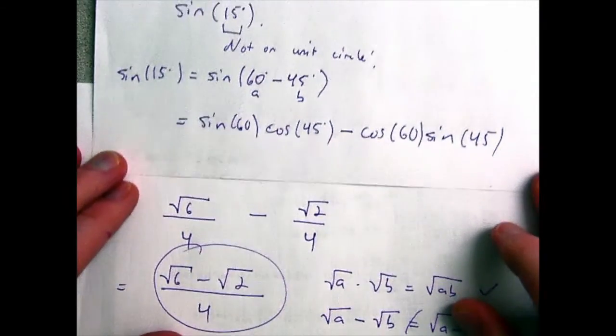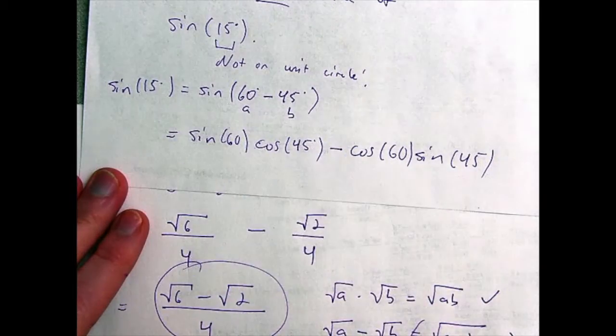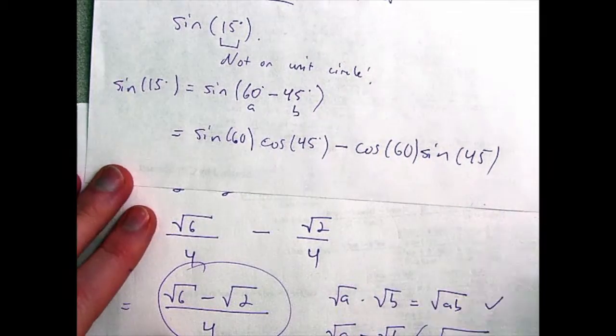And what you can see is that, previously we had a very limited number of angles, basically the unit circle